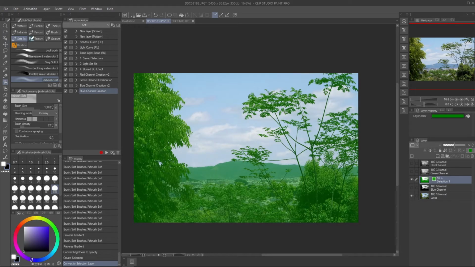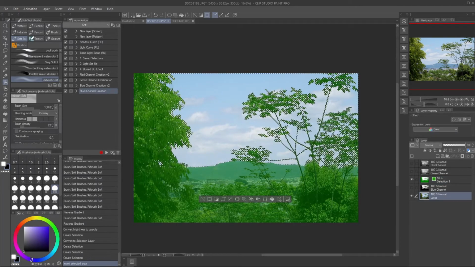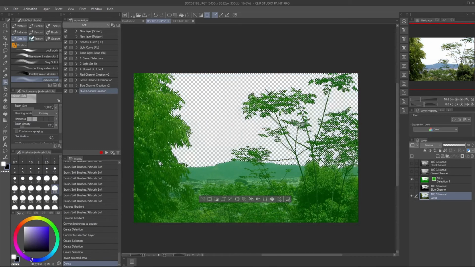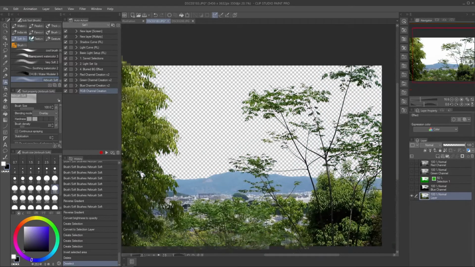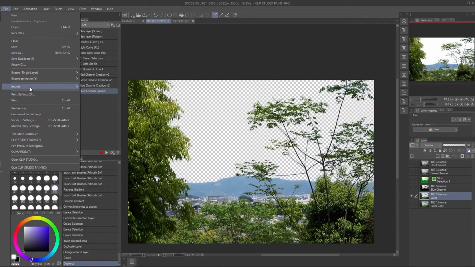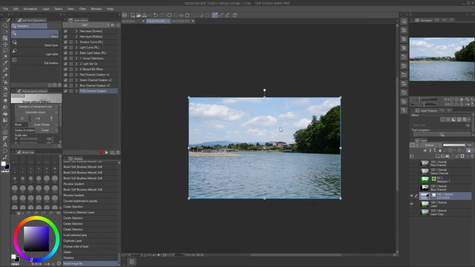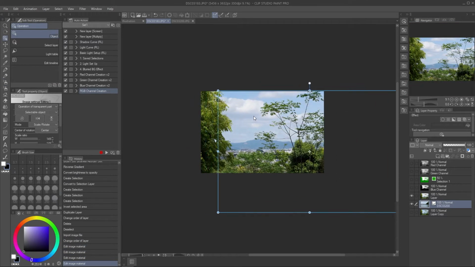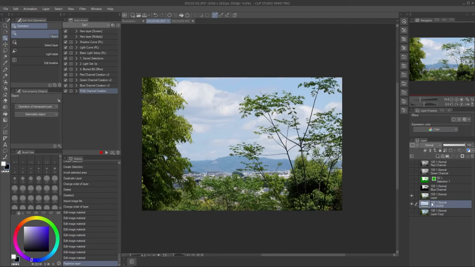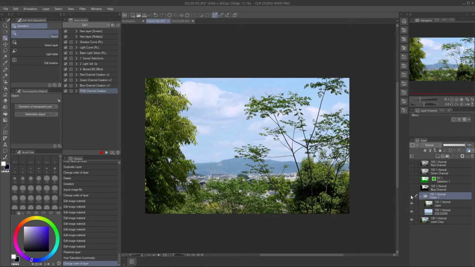Going back to the original layer with the selection active, I can invert the selection so that I'm only selecting the sky and then just delete it. Now I can replace the sky with whatever I want. Let's bring in this other picture from the Kyoto trip, scale it up, and perform some color adjustments to it. And there we go. We changed the entire sky in maybe 2 minutes without messing with the rest of the